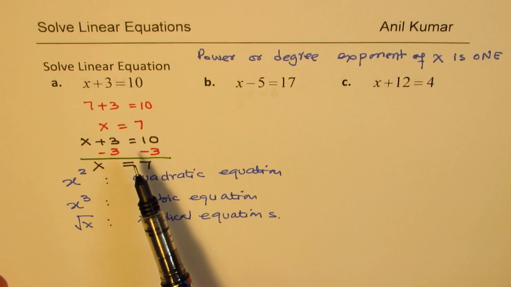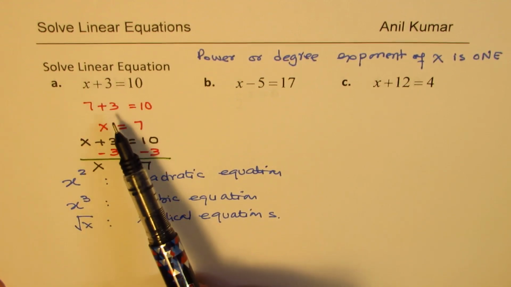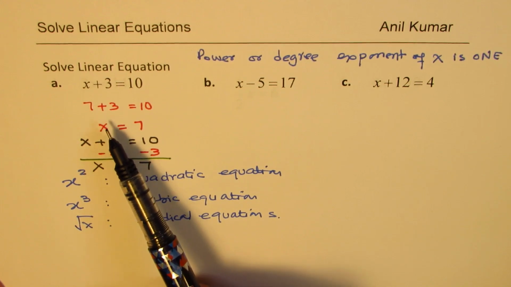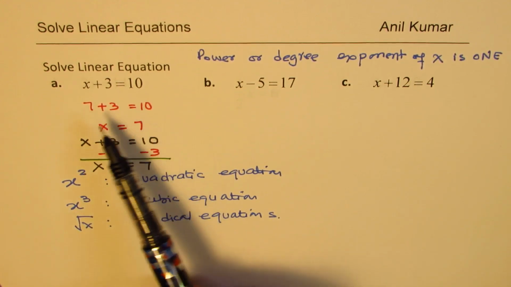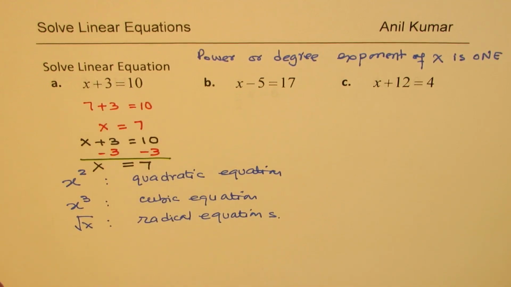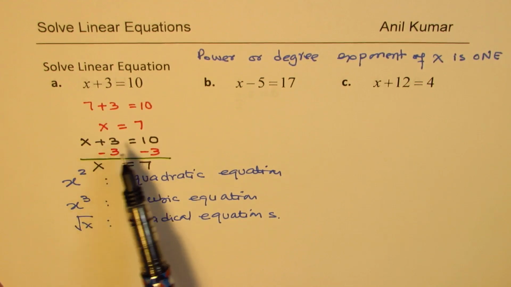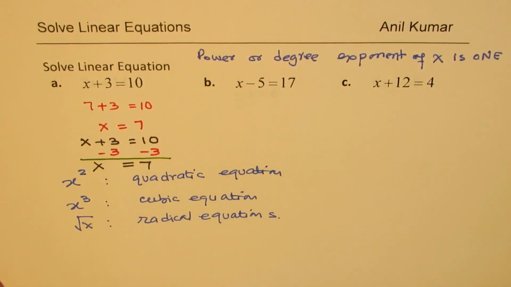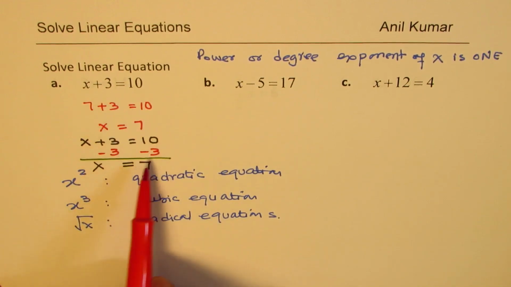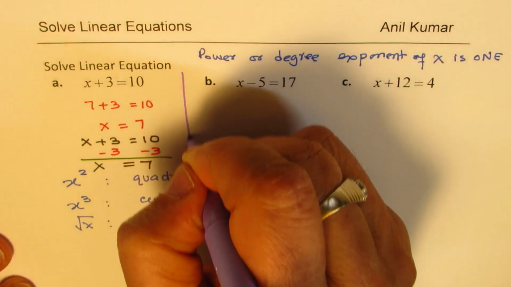Now this is the method which normally we are going to adopt, right? This method of intuition may work with very simple equations, but later on we may not be in a position to solve with this method, right? So we'll adopt this method, and we'll also take a version of this. This could be modified. I'll show you here how. Okay. So let's again apply this method to solve the second equation. Right? So I hope the steps are clear to you. Right, so